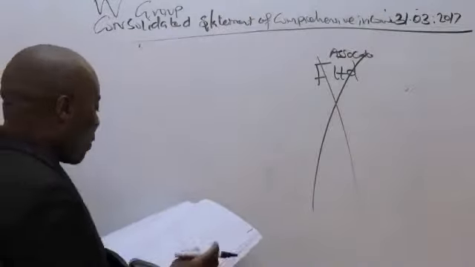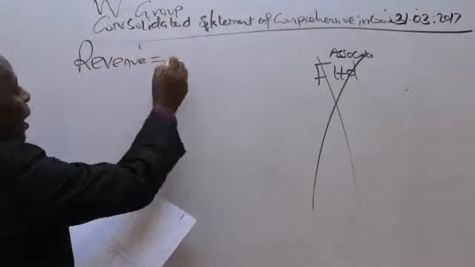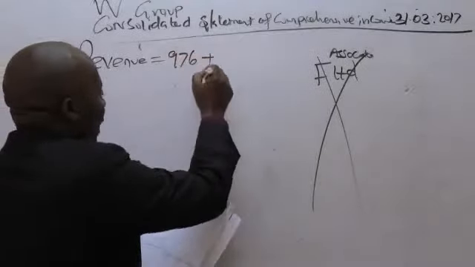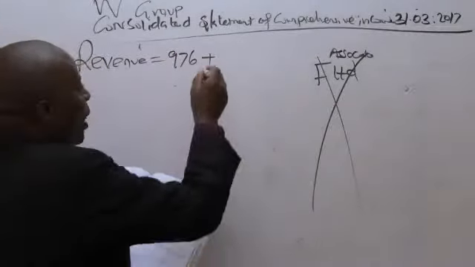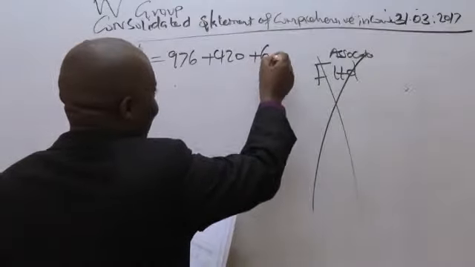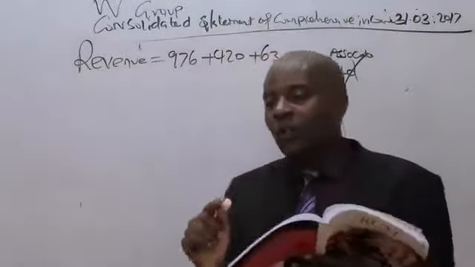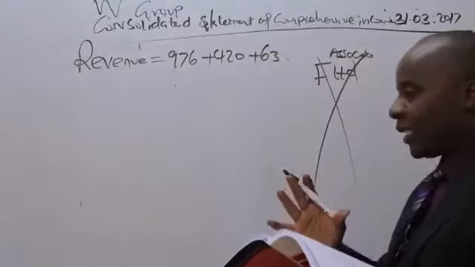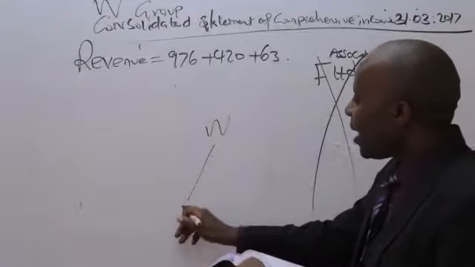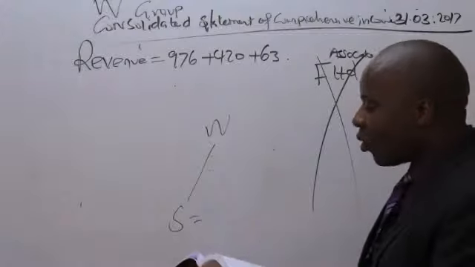So line by line is quite a simple thing. So I'll come and talk of revenue. The way I've been given their revenue, ladies and gentlemen, the first one is 976 plus we have 420 plus. Consolidation is quite a simple thing. I'm only adding 63. For the sake of the students that are just joining us, we studied this question quite earlier and we forgot to record. This W Limited acquired S Limited 1 year ago,